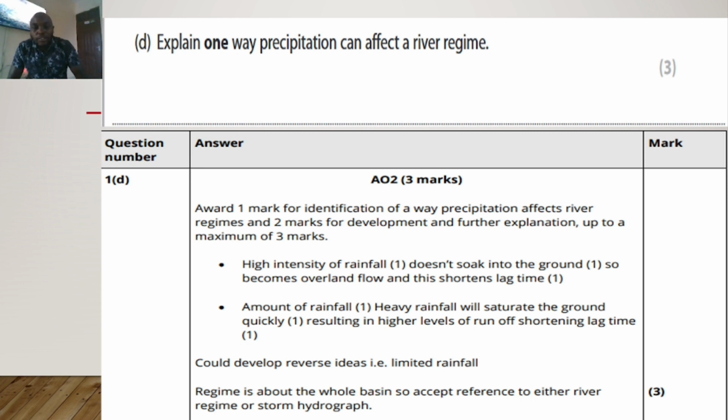Make sure you explain well, and let me be clear here. Explain fully. Mention something, explain how it's causing that, and then explain what the result will be after that. You could develop reverse ideas like limited rainfall. Remember, you can talk about high rainfall and then talk about limited rainfall. Either way you get an answer. Regime is about the whole, but accept reference to either river regime or storm